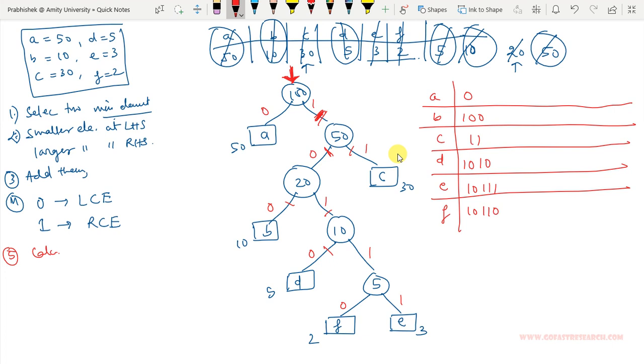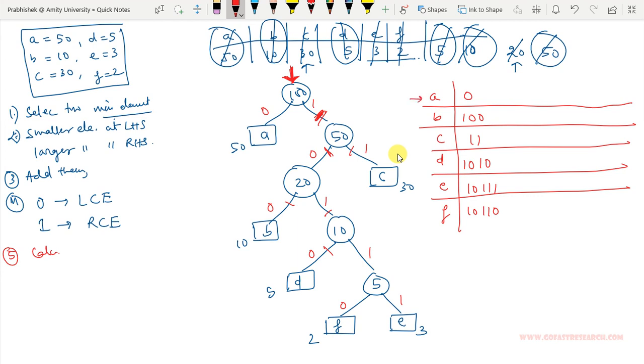Okay, so in the previous method of ASCII encoding, the minimum number of bits required to represent each character was 7, and in the second method the number of bits required to represent each character was 3. So here what you can see is that the number of bits is varying.